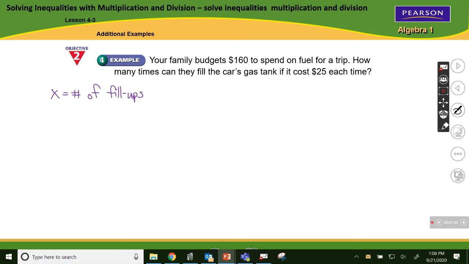So $25 every single time. And we're going to do that as many times as we can. So x number of times, so 25x. Well, I can't spend more than $160 because that's my budget. So I have to be less than or equal to $160. So let's figure this out. We're going to divide by 25. Divide by 25. X has to be less than or equal to,